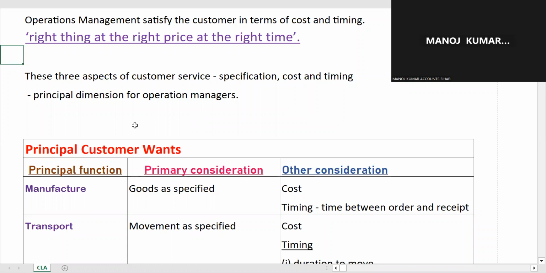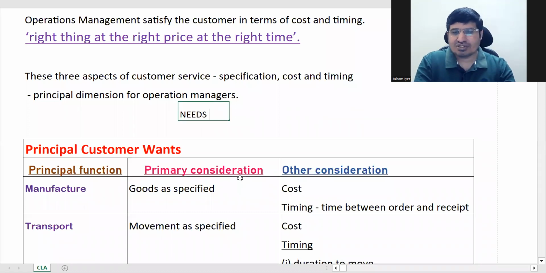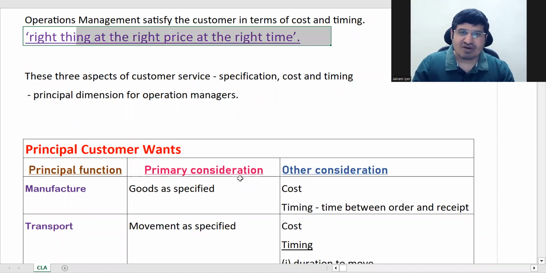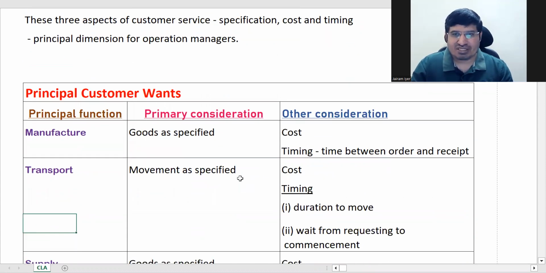Okay, so customer needs, we call it wants also. Needs is equal to wants. Wants is an economic term. Okay, wants means needs. So principal customer wants, the same thing here. We are just now enlarging this concept: specification, cost and timing. The first thing is,